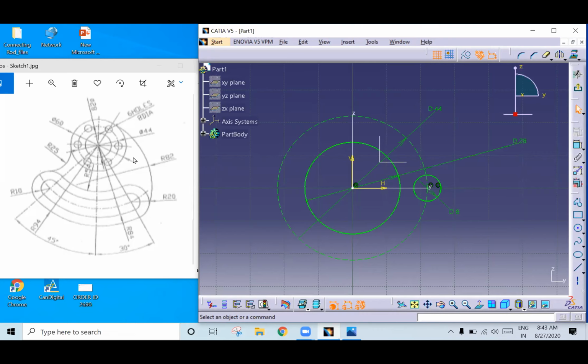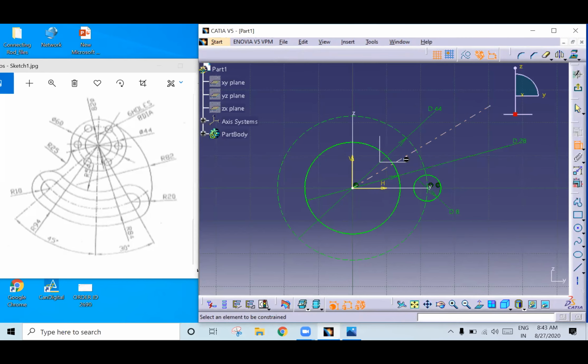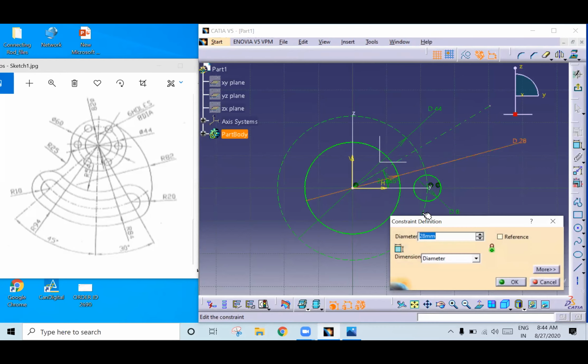Okay. How much do we need to create the symmetrical axis? At an angle of 30 degrees. So here select the axis line from the center point. See here, I have created it. If you check this status, it is not constrained. We need to give a dimension. So select this axis and this axis, and double click.